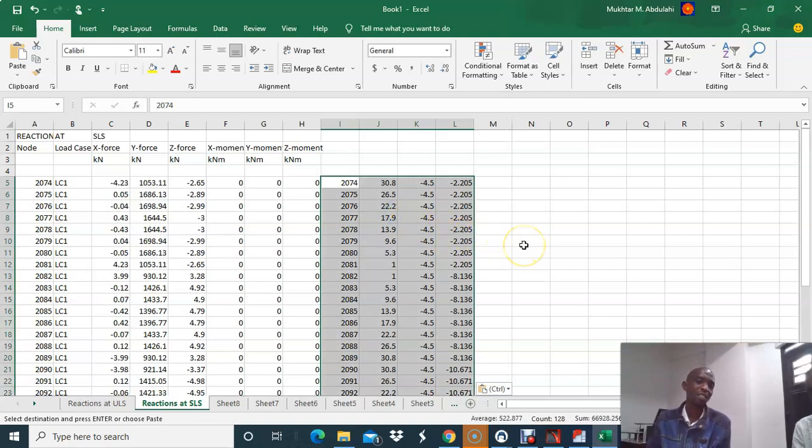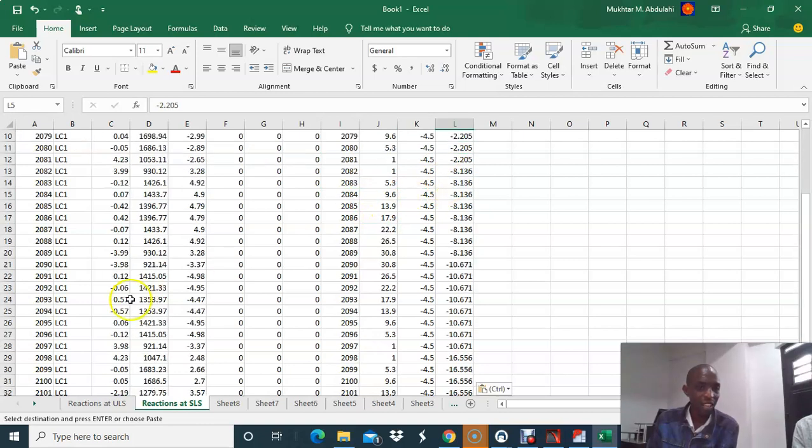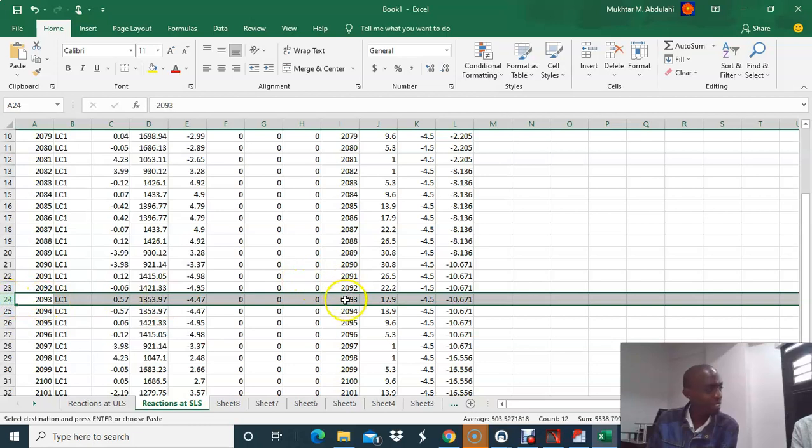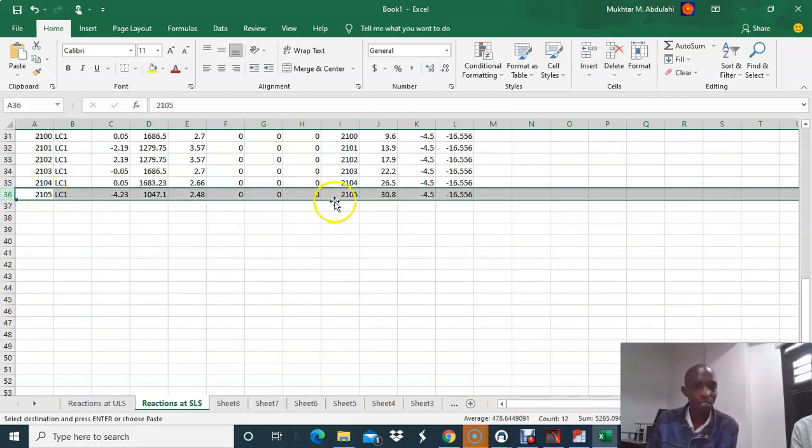Can you see? Now this is the node number for a node of the foundation, x, y, z, and you see they are tallying. This is 2093. This is 2093. This is 2105,